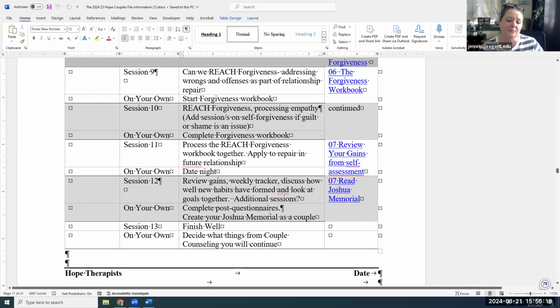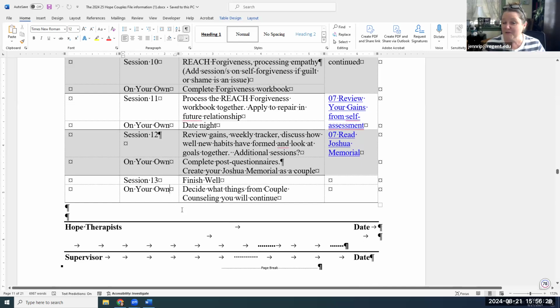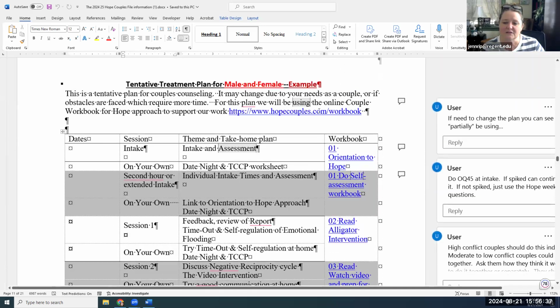They should be completing their post questionnaires between session 12 and 13 and creating their Joshua Memorial so that session 13 is just about Joshua Memorial as a couple. And then on their own after session 13 is deciding what things from couple counseling they will continue, of course. So over here, you've got all these nice little links for you that take them to particular pages in the workbook. So I want to take us there next